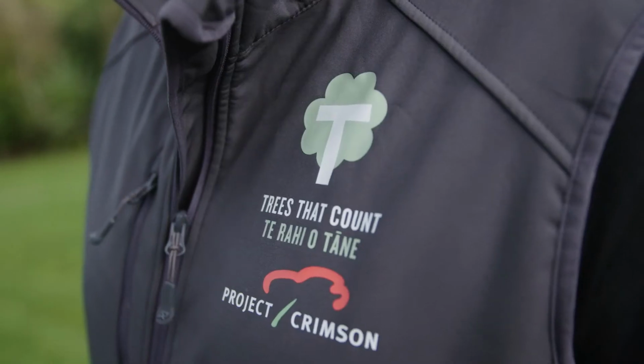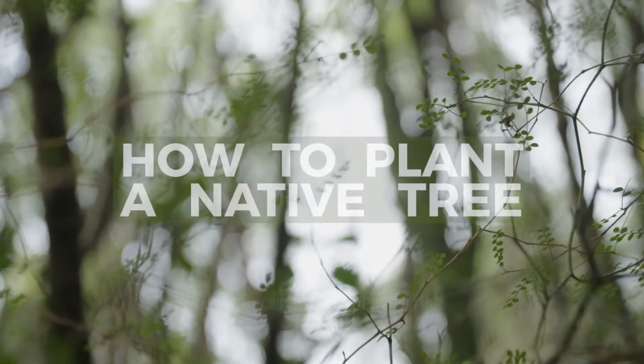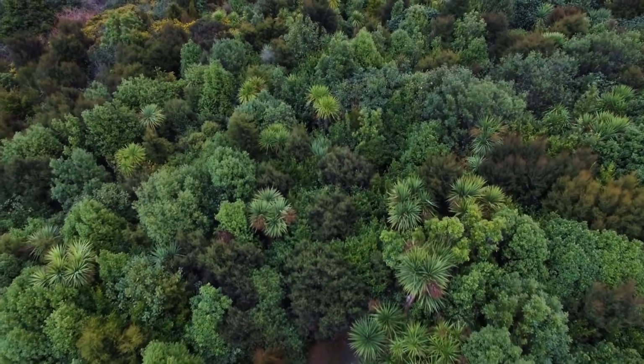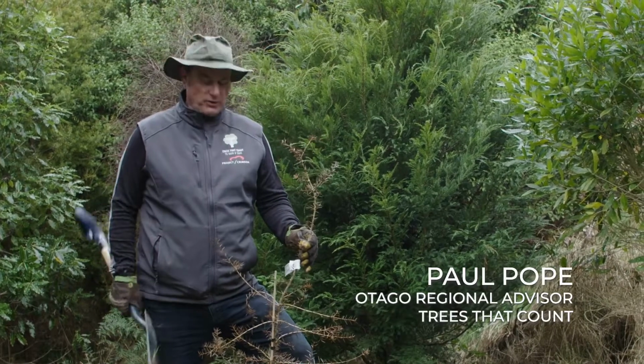Planting day has arrived and it's time to get those gorgeous native trees into the ground. We reckon everyone's dug a hole before, but sometimes when you've got to plant a tree, there's always a special knack. And I'm going to show you how to do that to make sure you get your plants off to